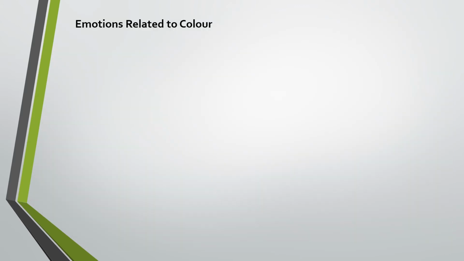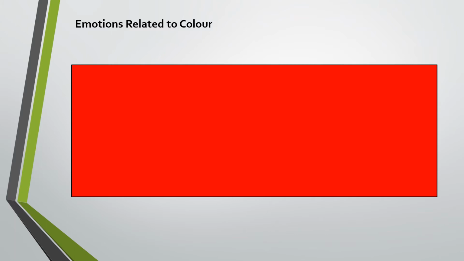Now, moving on to another slide, going on to colour. So, a lot of colour theory here, not so much shape, but we managed to touch on it a little bit. So, what we have is different colours and they can convey different types of emotions. So, for example, if I bring up the colour red here, if we think of any emotions that we could relate to the colour red,